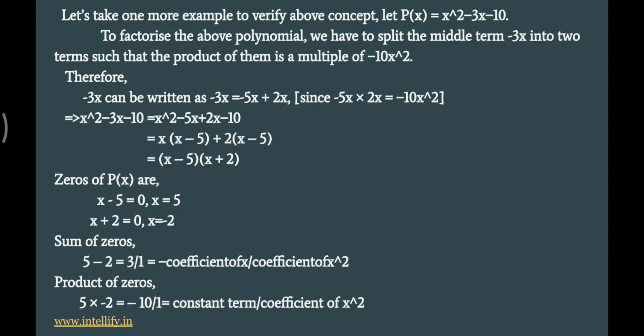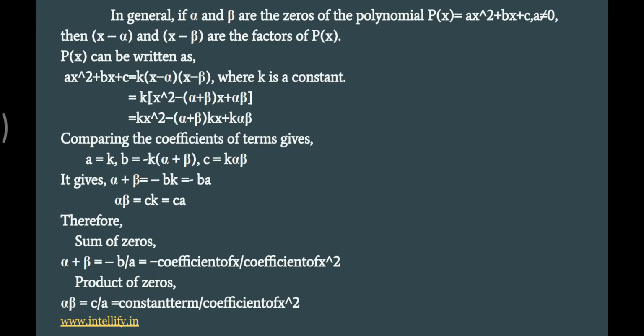And we can find the zeros of the polynomial, that is 5 minus 2 equal to 3 by 1, that is 3. That is from the coefficients: sum of the roots is minus b by a and product of the roots is c by a, so that we got the values minus 10 and 3, the product and sum of the zeros. And in general, if alpha and beta are the zeros of the polynomial,